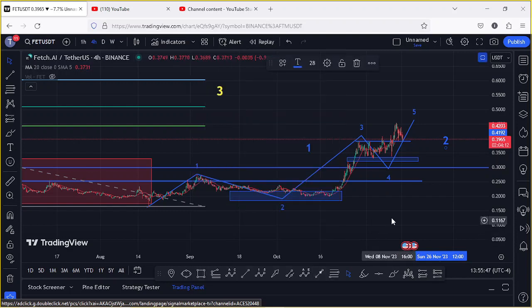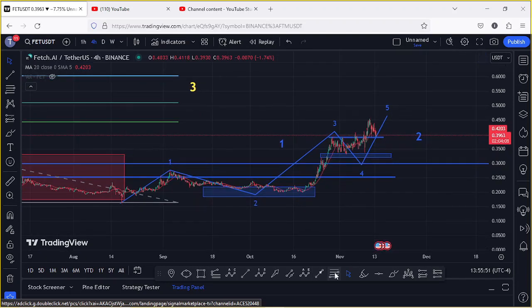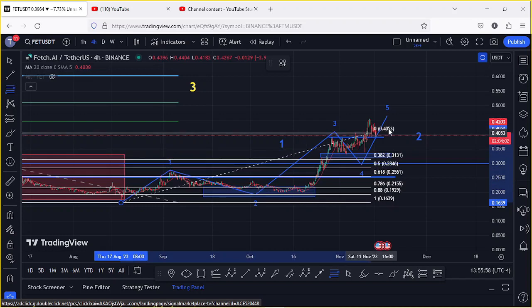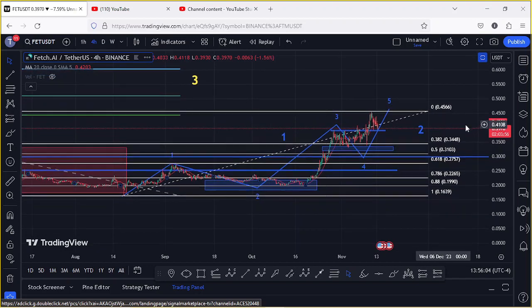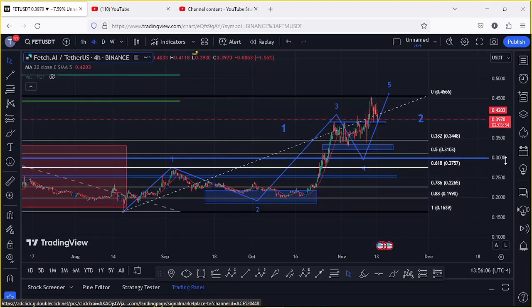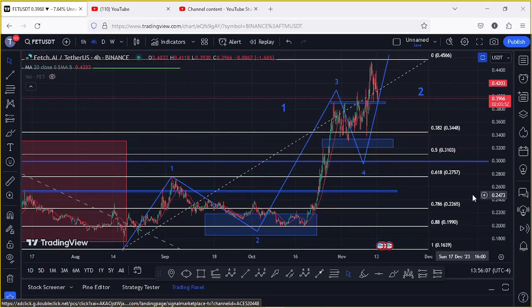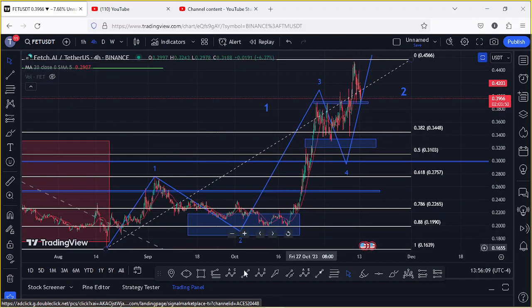The minimum target areas for the second wave can be given by connecting the Fibonacci from the low of the first wave at around the $0.1639 mark to that high above the $0.455 mark, giving me a minimum pullback target area between the fib level 0.382 and the fib level 0.618, and that is between the